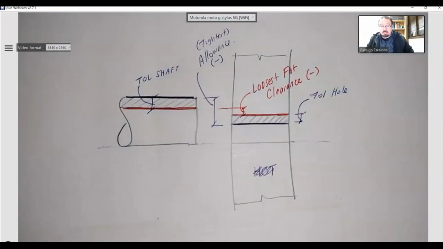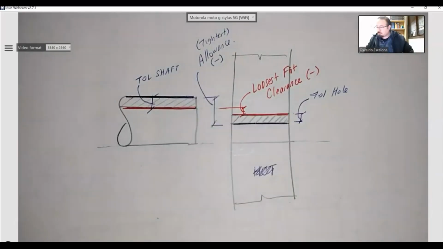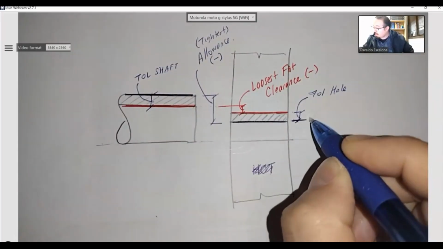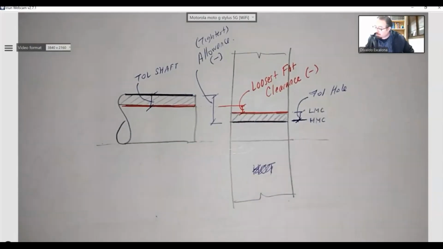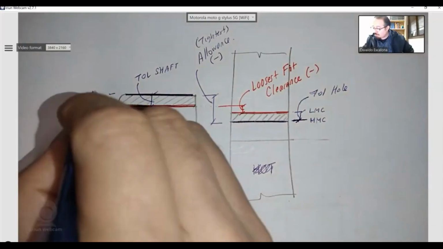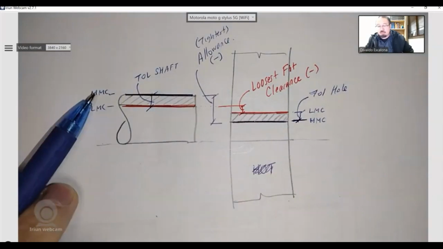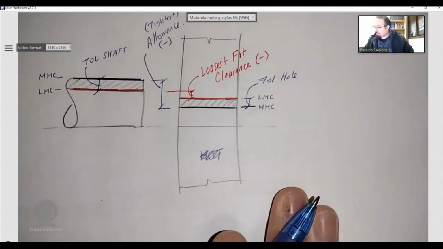I can do this mathematically as well. I drew it, as you guys could see, and I was able to find the allowance and the clearance just by looking at the distance between them. But I can also do it mathematically. I can say that this guy will be my MMC for my hole and this my LMC for my hole. Maximum material condition, least material condition. Remember, MMC, LMC. For my shaft, this guy will be my MMC and this guy LMC, right? Maximum material condition for the pin, least material condition for the pin. Mathematically, I can find the allowance